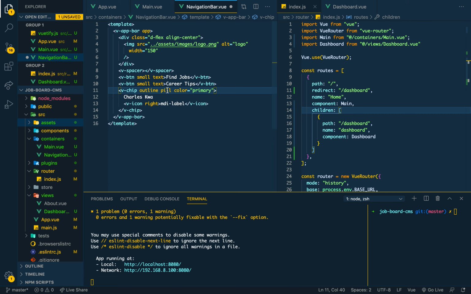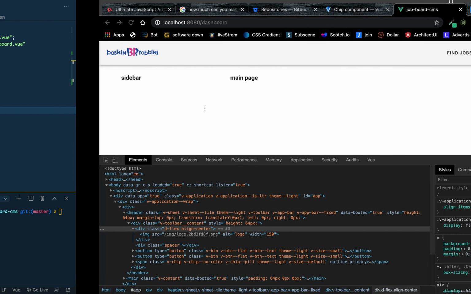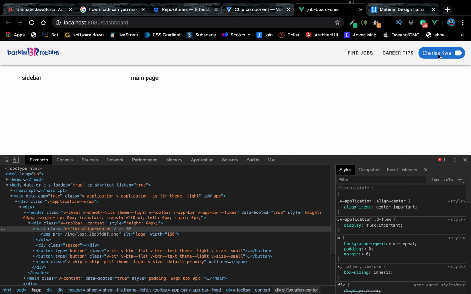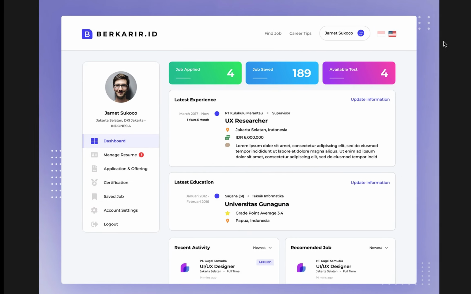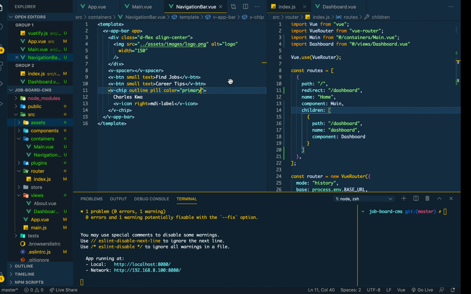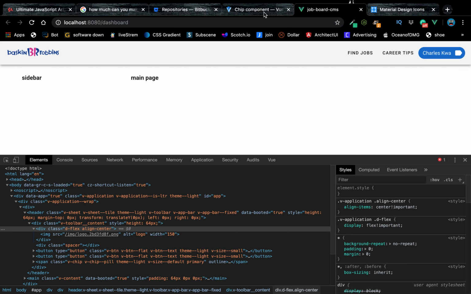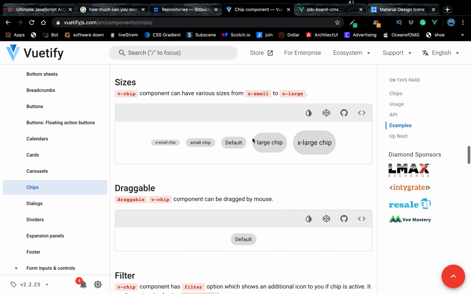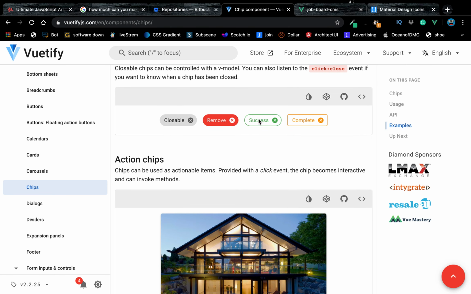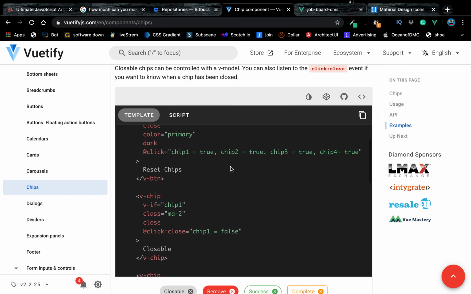Color is primary. And we have it. This still doesn't look really cool for me. Alright, so we need it to be like outlined. So we look at the chips here. I think there was one that was really something like this. Alright, so we look at